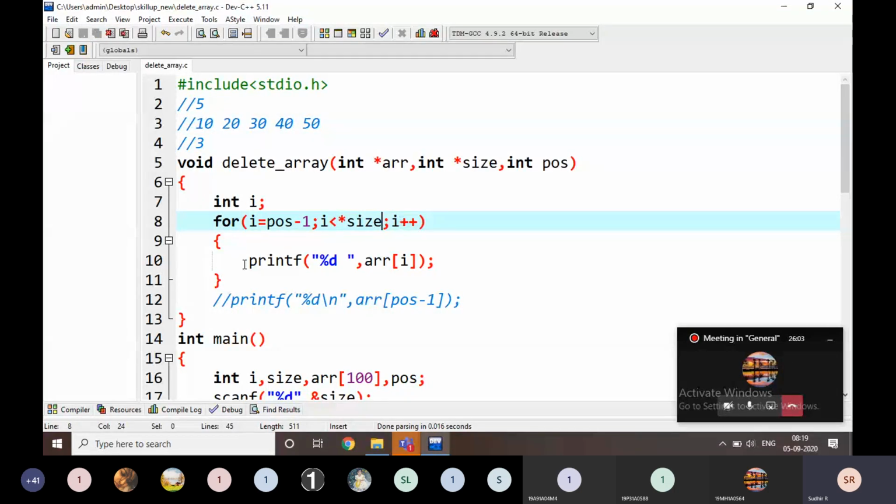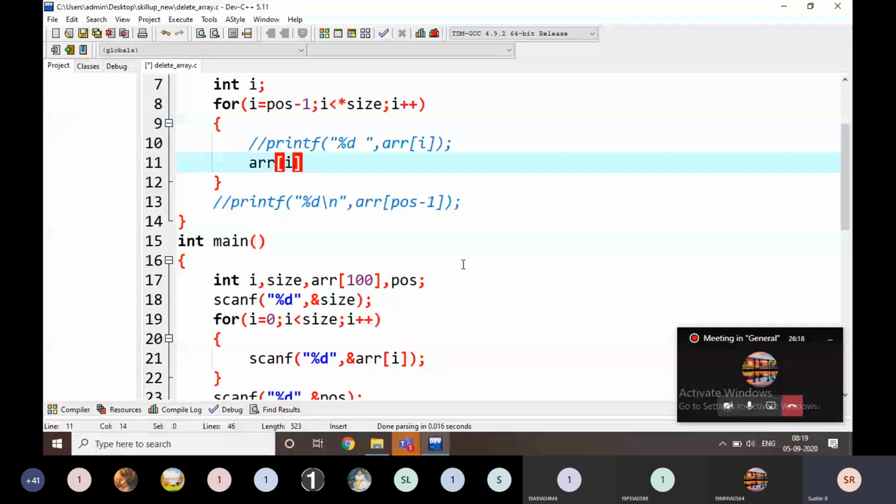What I am going to do here: if ARR of I is equal to ARR of I plus 1.